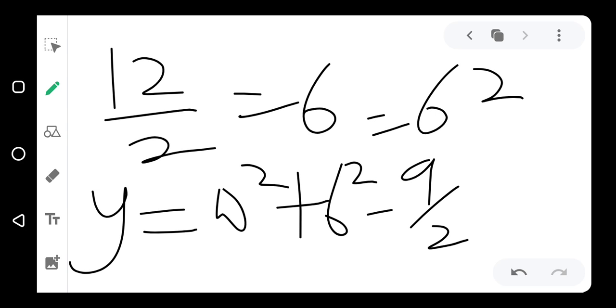So we subtract it and have minus 6 squared,